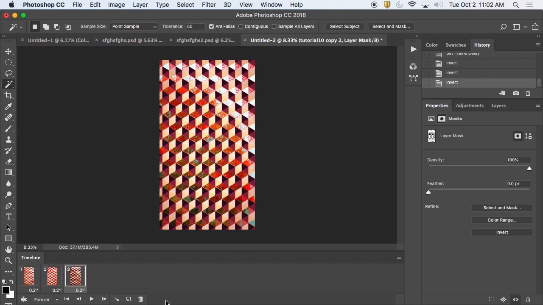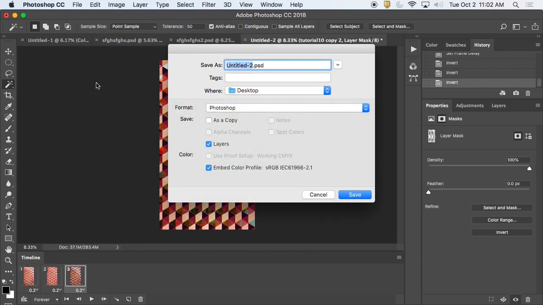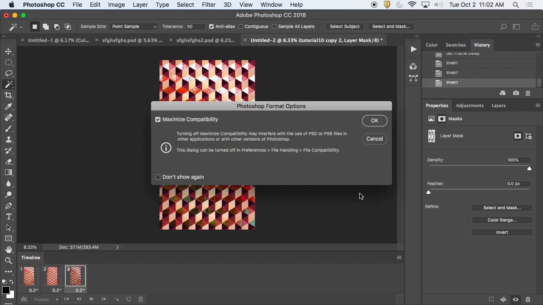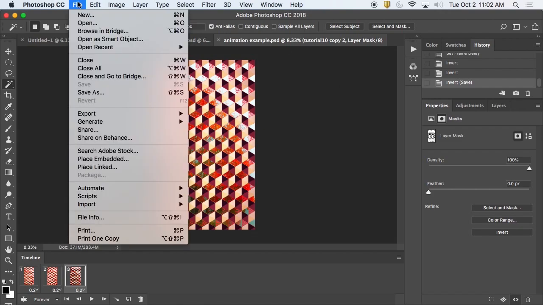Okay, I think that's where I'm going to stop here. I'm going to tell you that you can save these as a Photoshop file, and that'll save all that animation stuff. Animation sample. Okay. If you want to see it as an animated GIF, I'm going to give you more specifics later, but just to get you thinking about it.